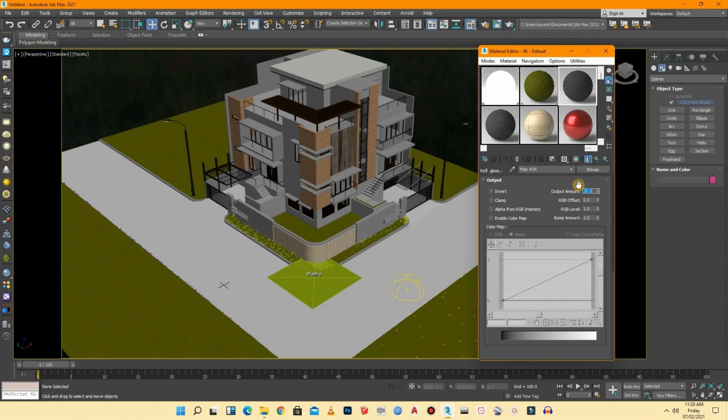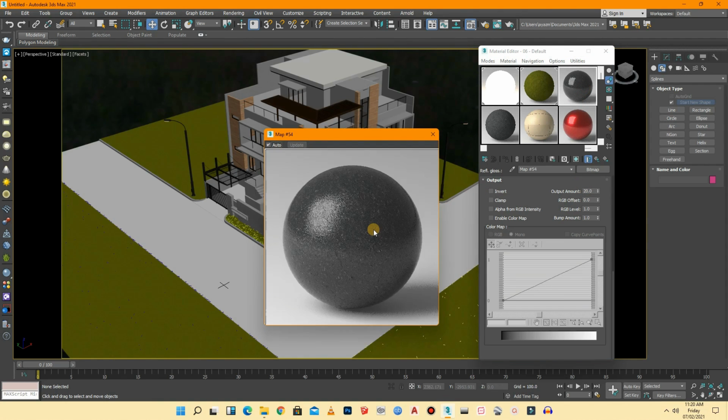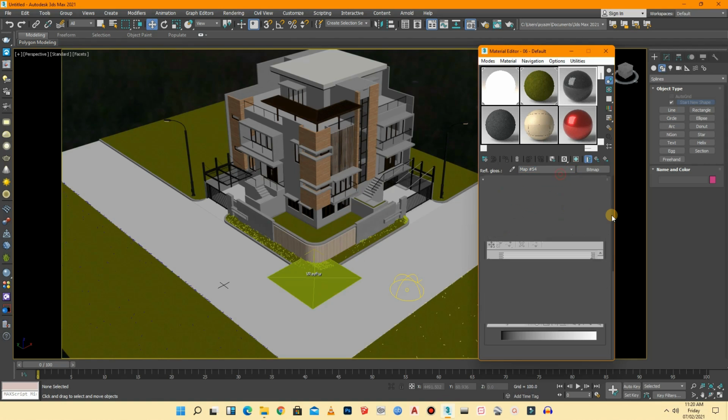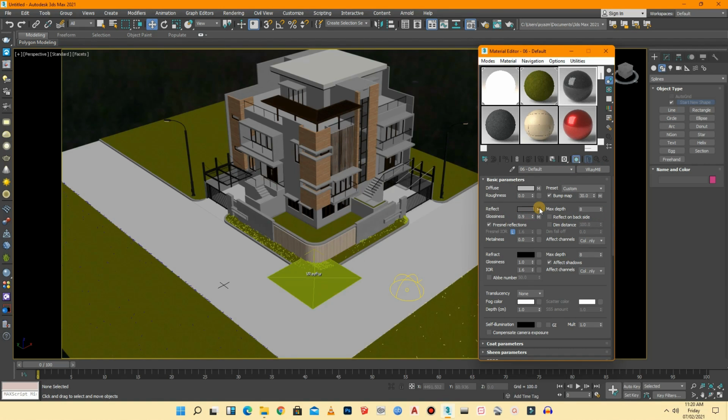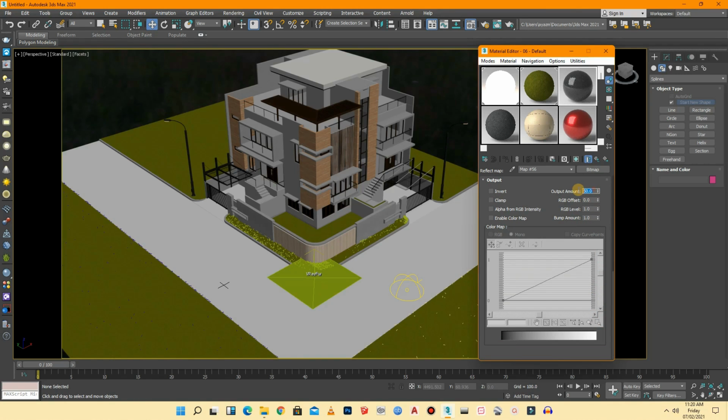Yeah, it looks really reflective and glossy, you can see. Then I will increase the reflectiveness a little bit. Let's put 70 there,